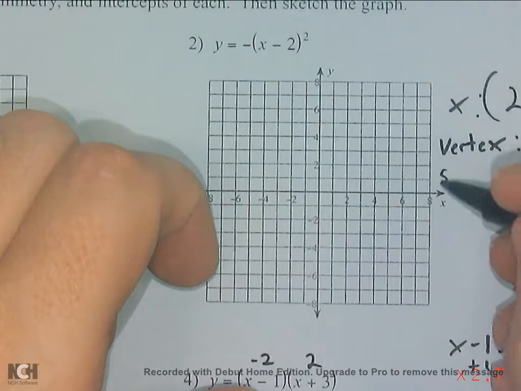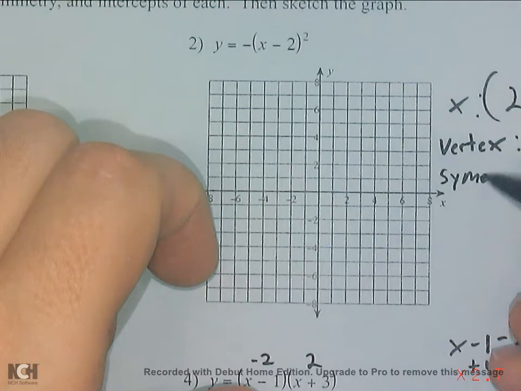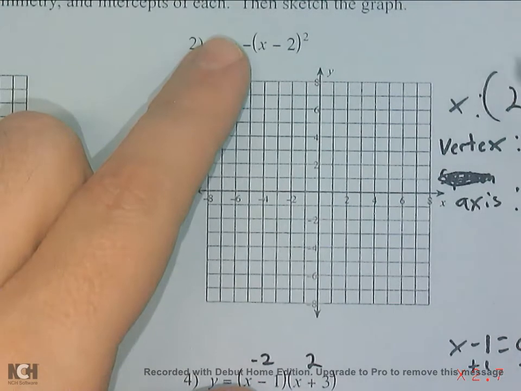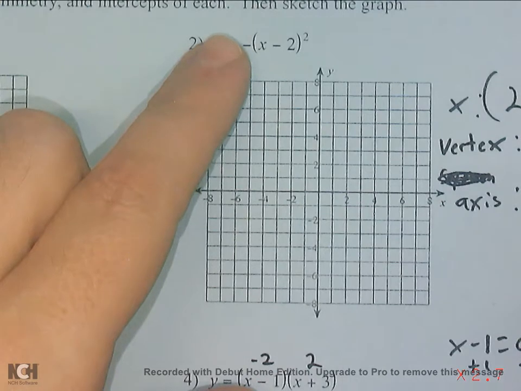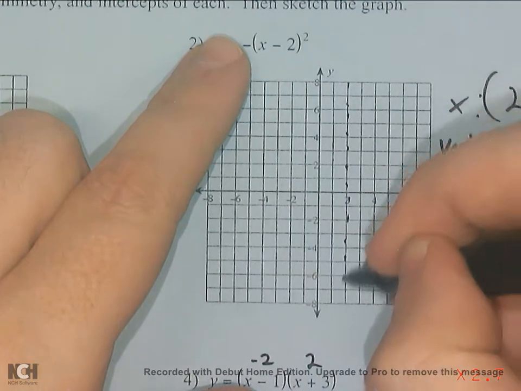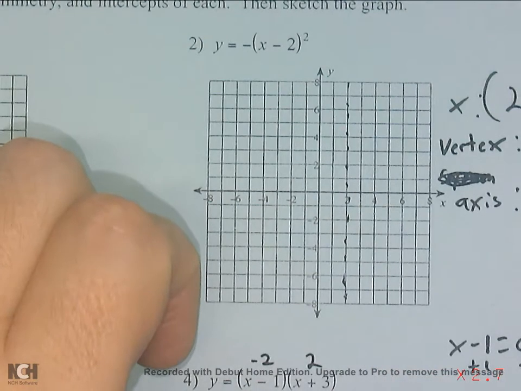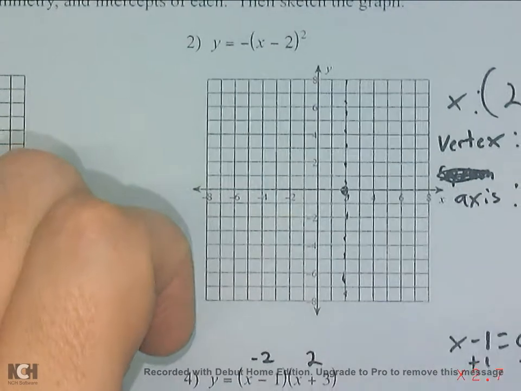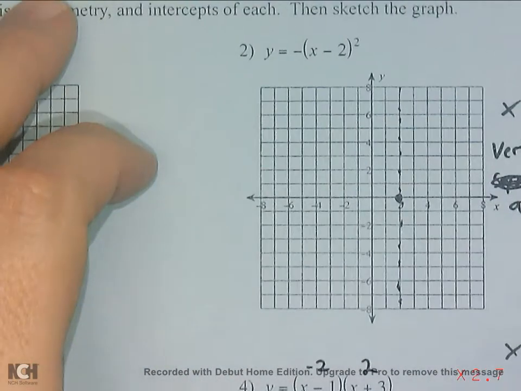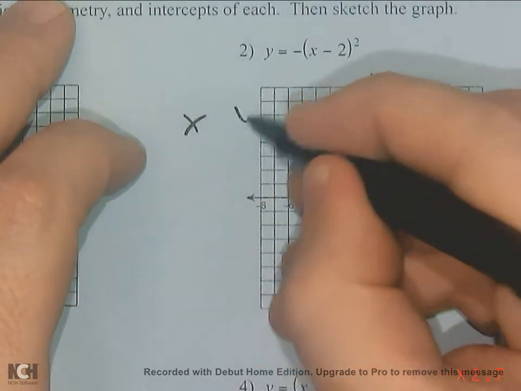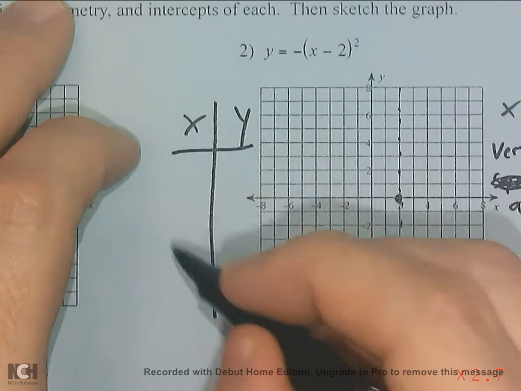That also tells me the line of symmetry, or the axis of symmetry. I've been writing axis the whole time. The axis would also be at 2 on the x-axis, right? So x equals 2. So right here is the line of symmetry. This is my vertex. And then if I want to figure out some points, I've got to plug some points in here. So I know the axis of symmetry, I know the vertex. If I do my table, I would have